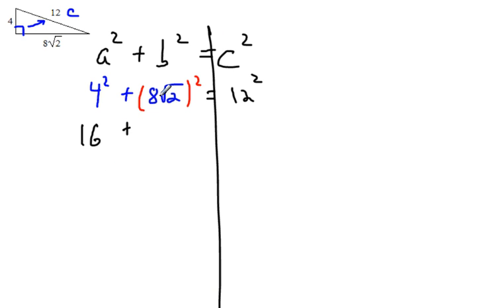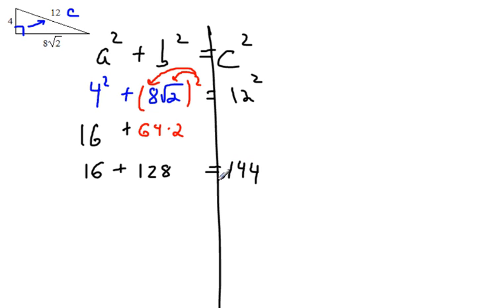No problem there. If you had trouble with the last one, here's another one of these radical numbers squared, and we can figure this out. 8 squared is 64. The square root of 2 squared is 2. So over here we get 16 plus 64 times 2, that's 128. And I need to know if that's equal to 12 squared. That is